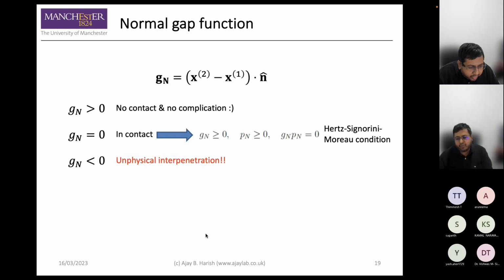So either the two bodies are very far away, so then there's no contact, no complication. Life is very nice. You can go home at 5 p.m. Right. So the problem is, let's say, if they're exactly in contact, which is almost never going to happen in